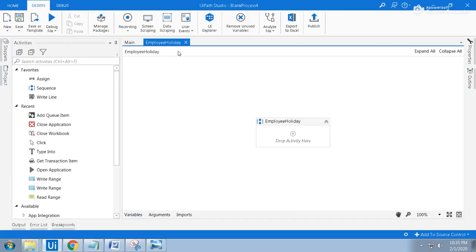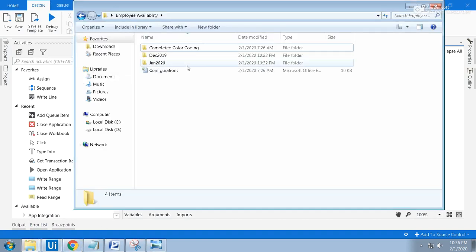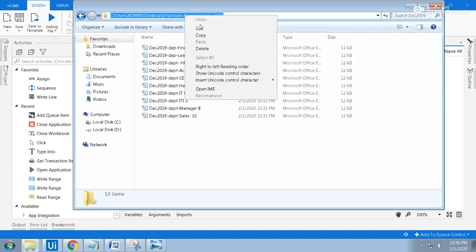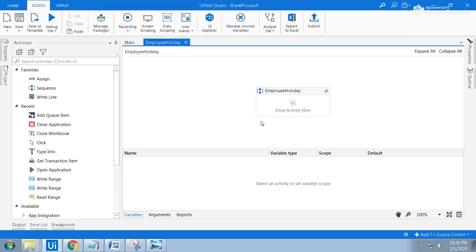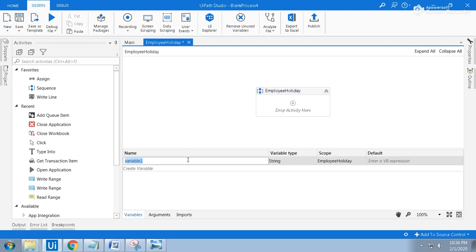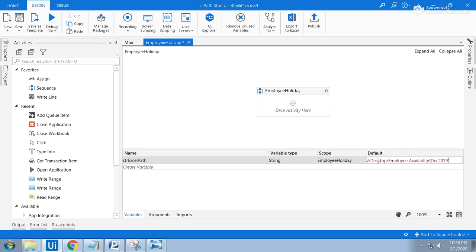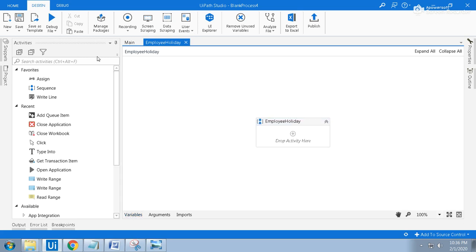Okay, so I just took one empty sequence. The folders and files are available here. I'm just taking the path of this as one variable, or you can create that as an argument. Okay, there's a path string, Excel path. You can give anything here. So what we will do first of all is loop each and every